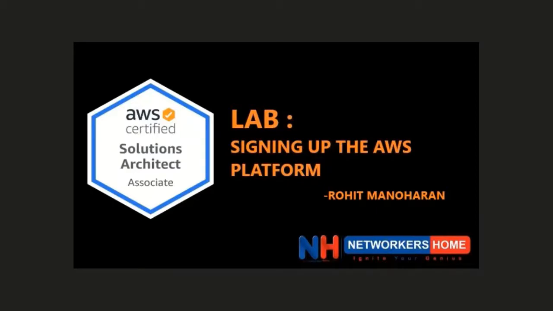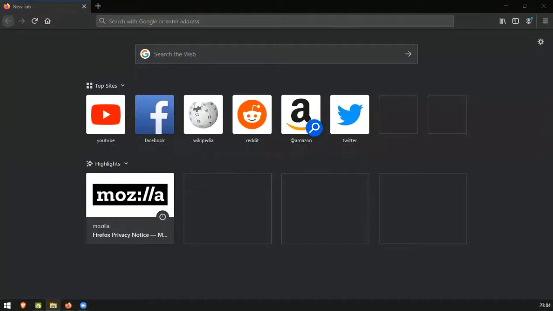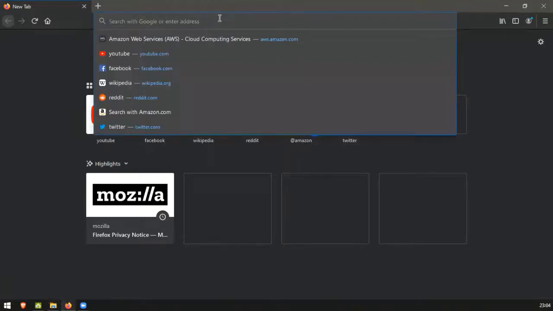Associate Lab Training. For this video, we'll be seeing how we sign up on the AWS platform. So without wasting time, let's jump into our web browser. We are in a web browser and there are a couple of methods through which you can get to the AWS website. You can search the AWS keyword in any kind of search engine, you can go for Google, Bing, any kind of search engine, or you can directly go for